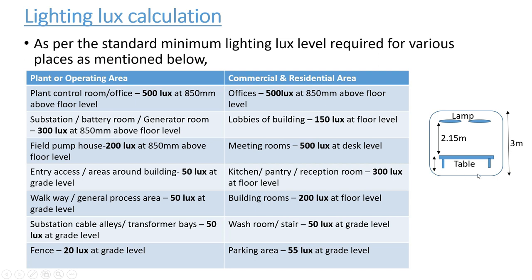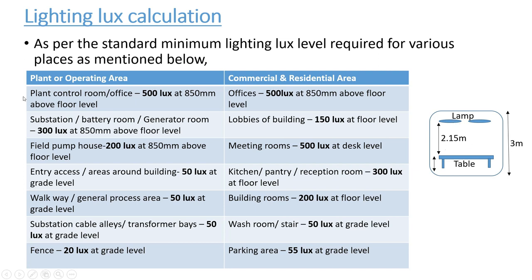So this is the floor level. Above floor level means from the ground to here, this working plane at 850 mm, that is what the standard mentions. This 500 lux level should reach this table. This height is 850 mm from the ground. Similarly, in a commercial building, an office also requires 500 lux output to reach 850 mm above floor level. So from the floor level up to here, this 850 mm, the lamp should produce